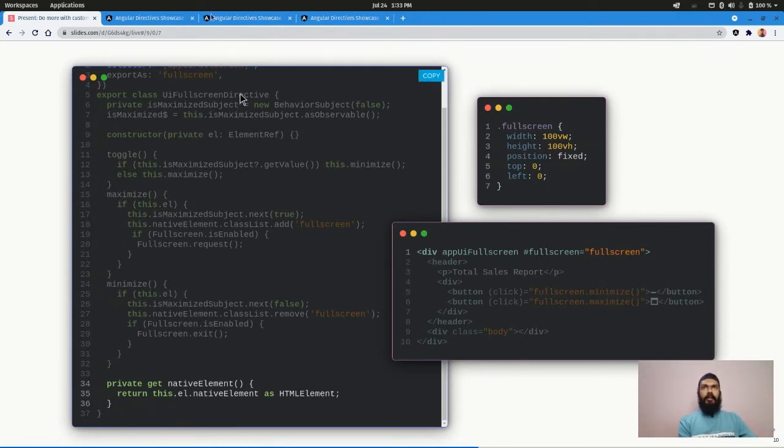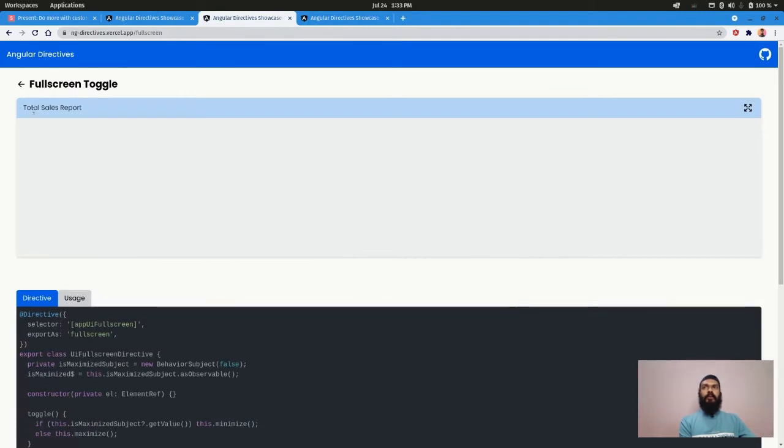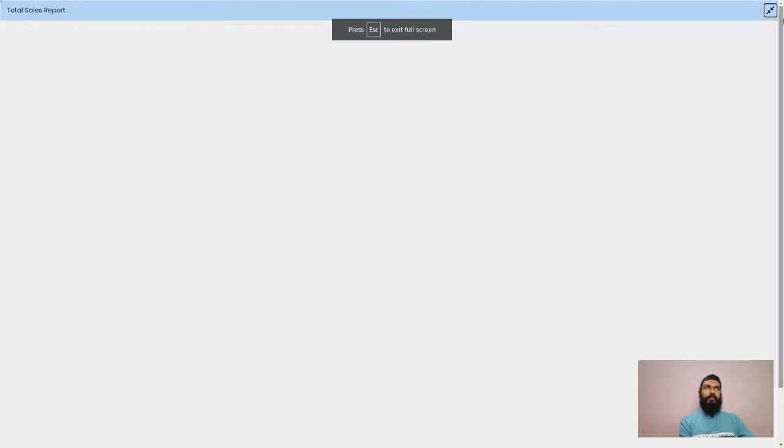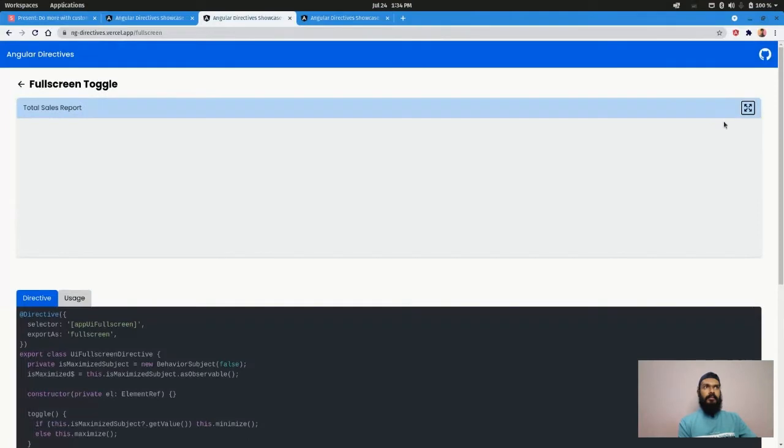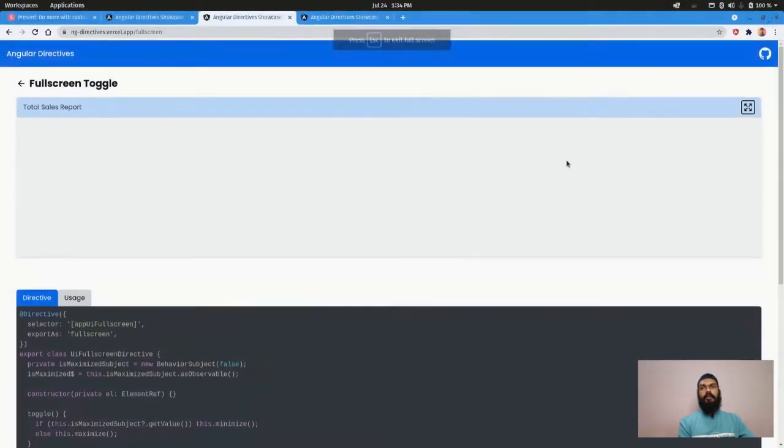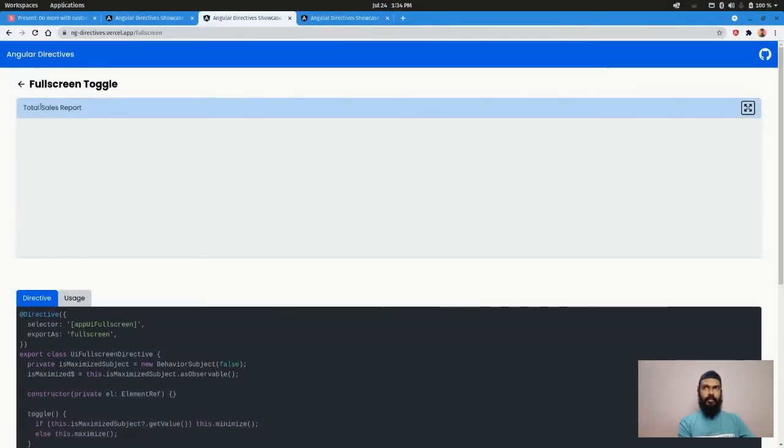And to see the example, we have a card like here, and in this example I use the same button, but I just use an if condition to change the icons. So if I click on this, we go into full screen and we get the minimize button here. So all the logic is outside the component. This component doesn't have to worry about whether it is showing in full screen mode or in a card view. It just has to show maybe a chart or table.